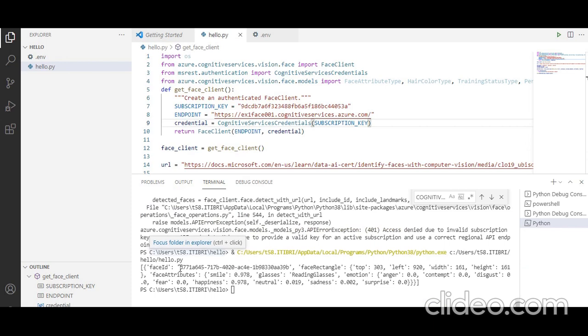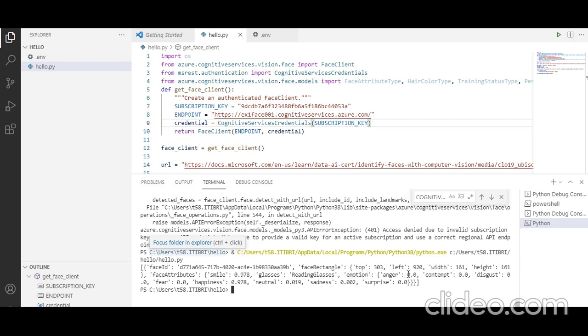You can see here the unique ID for the face, and the coordinates of the face: top, left, width, and height, and then the face attributes. Each attribute has a score associated with it. A high score means the person is smiling. Then you can see what type of glasses the person is wearing, and what type of emotion the person is having.